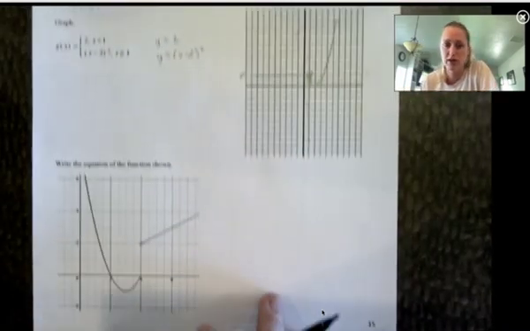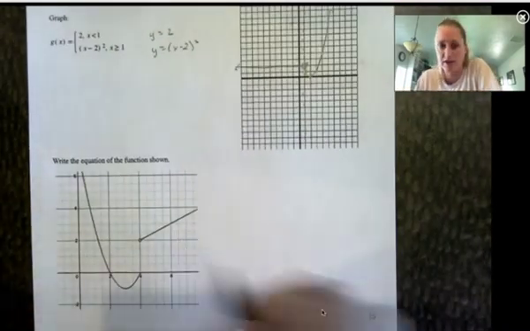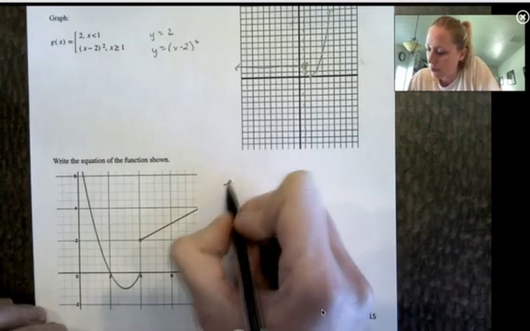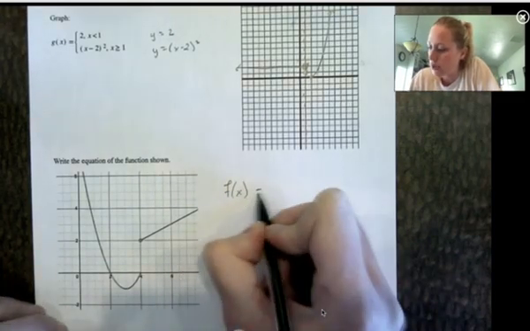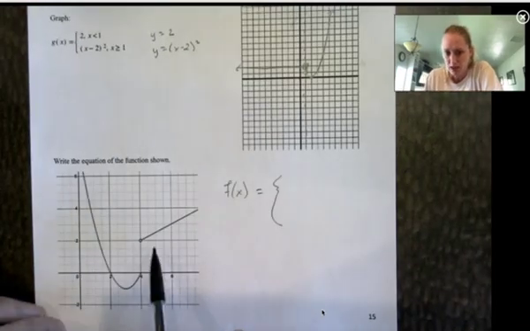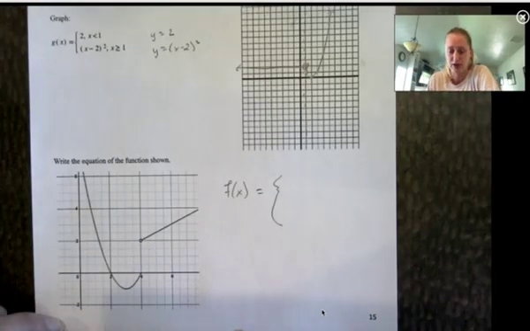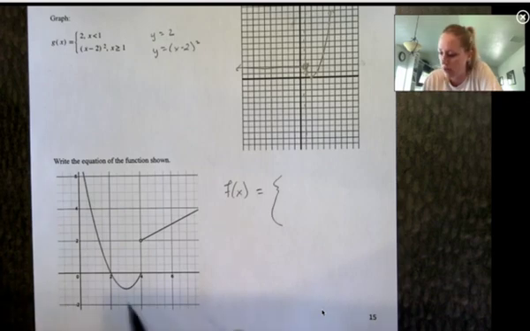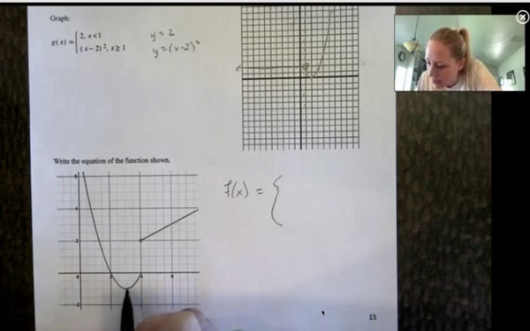Okay, this one, opposite, we are given the graph trying to write the equation. So we have f of x, we're going to use those big curly brackets. All right, let's start with this one. So parent function of this is x squared, so I'm going to use transformations to try and figure it out. So this guy looks like,